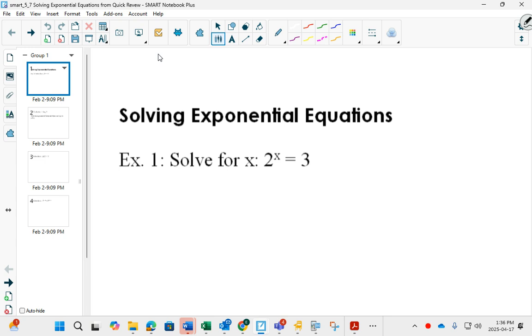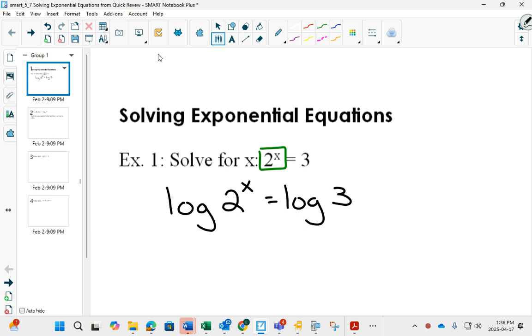Sometimes you can rearrange an equation beforehand, and if you can get the power by itself, which it is right here, then if we take the log of both sides, because what you do to one side of the equation, you do to the other side. What's really nice about logs is logs have a log law that moves an exponent out of the exponent area. That log law says if you have the log of a power, that exponent can come out in front, and